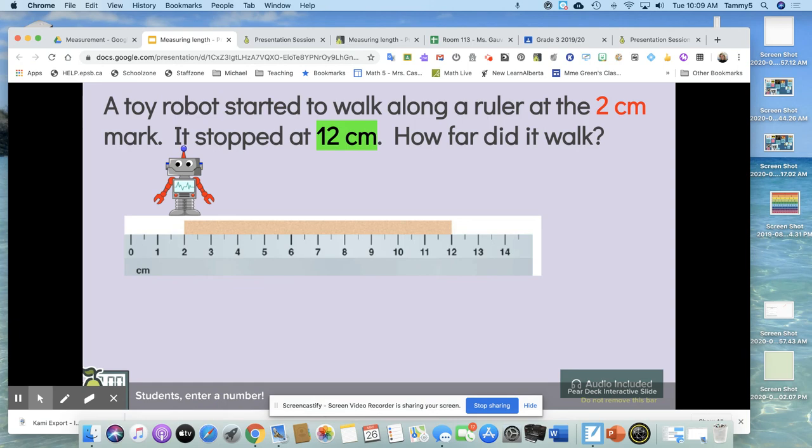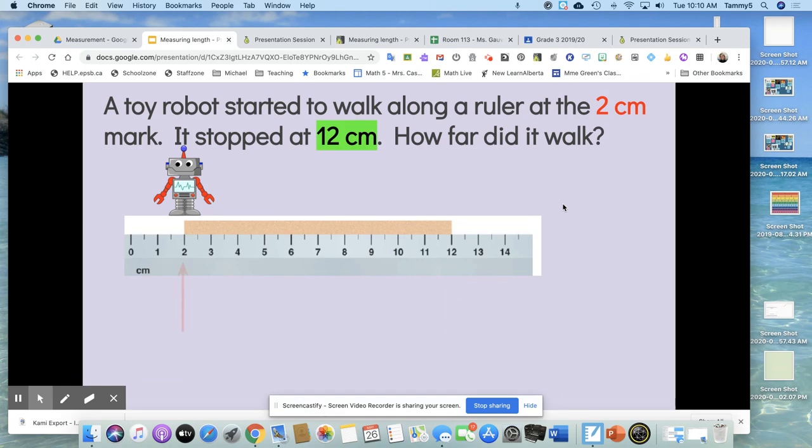Let's start with the first question. A toy robot started to walk along a ruler at the 2 centimeter mark. It stopped at 12 centimeters. How far did it walk? So you needed to show that your start point is 2 centimeters, your end point is 12 centimeters. And then hopefully you can see that you need to subtract 12 minus 2 to get the distance that that